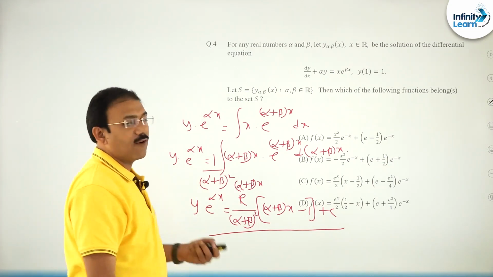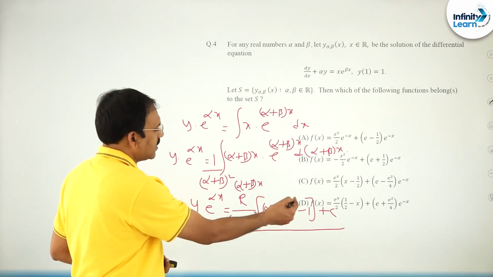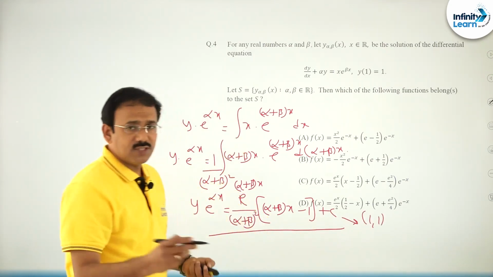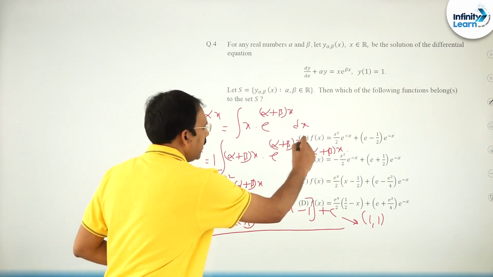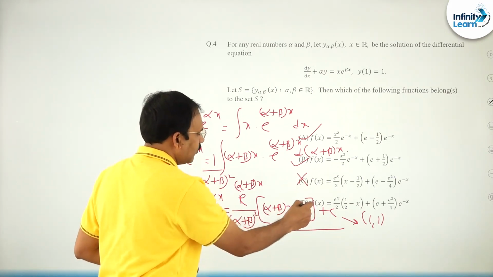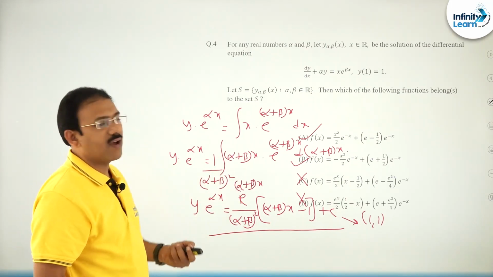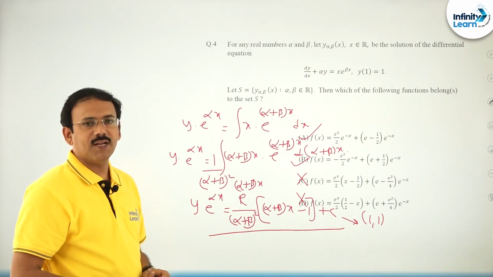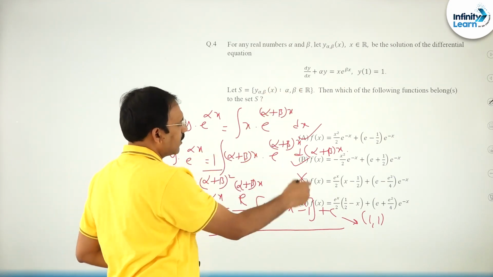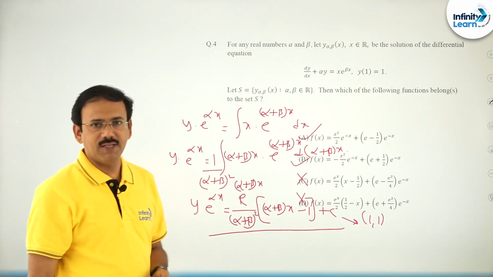This time you take alpha plus beta equal to, say, 1, and you can also try various cases. You can find c because it also passes through (1, 1). You just cross check, and you are going to get option B is also a solution. For other trials you are not going to get C and D, they are almost the same, you will not get them. It takes time to see whether C or D belongs to the family or not. Such questions we have to opt for at the end of the paper, undoubtedly it is a time taking question. Even though this is a simple one, cross checking whether it belongs to this family will be a little time taking. You can observe that A and B belong to the family, right friends.